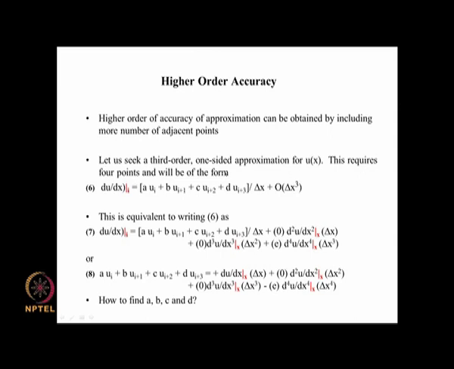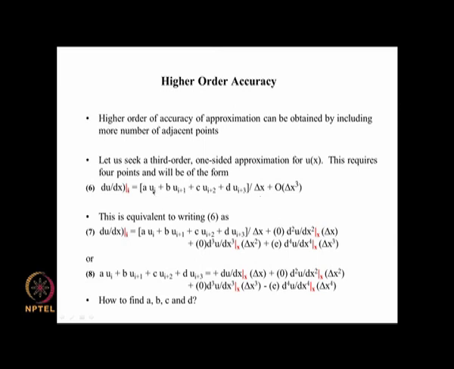And this is of this particular form, that is ∂u/∂x at i. So we are making use of that, and that is this formula here for a one sided third order accurate approximation, which will involve 4 successive points, all to one side of i.